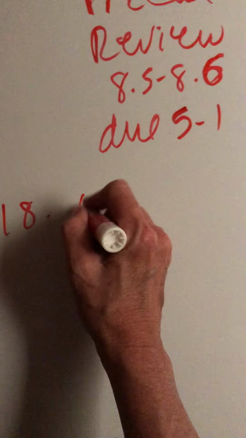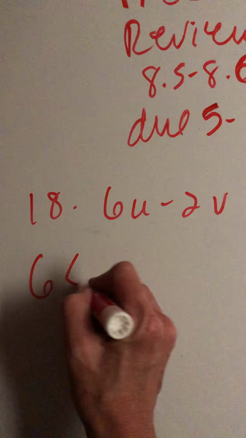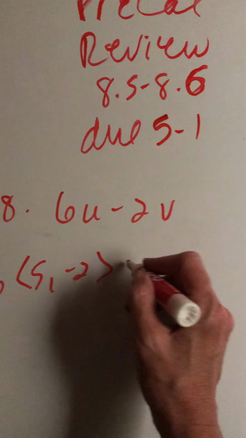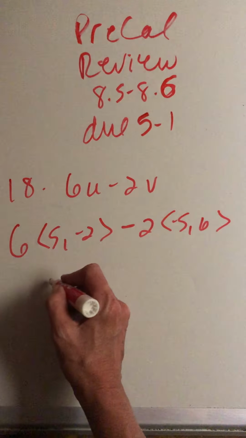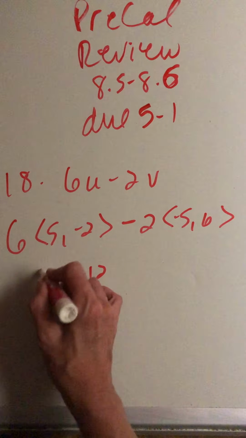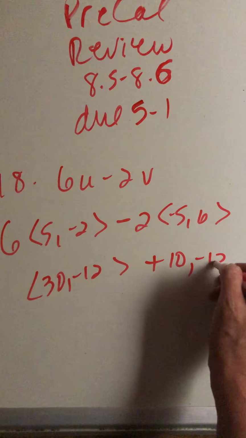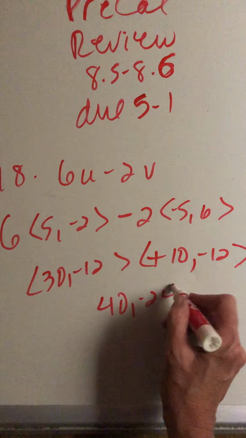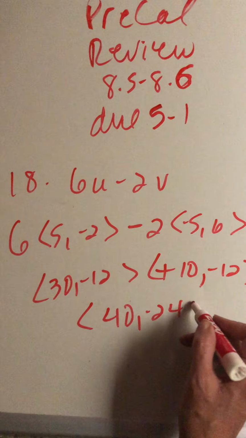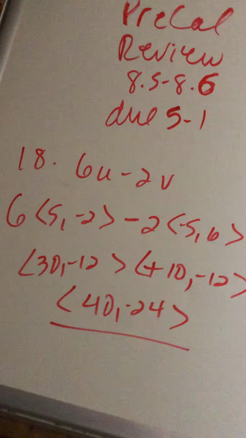Number 18, we are calculating 6u minus 2v. So 6u, u is 5 comma -2. We're subtracting 2v, which is -5, 6. And all we're doing is just that. So this is 30 and -12, and that'd be a plus 10, -12. I'd be combining, so that's going to be 40 and -24 in component form. I want you to leave it in component form. So there you go. Okay, then on number 19,